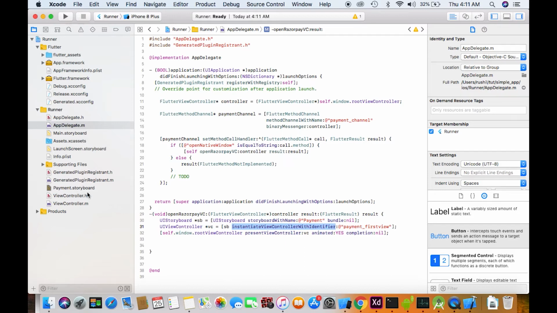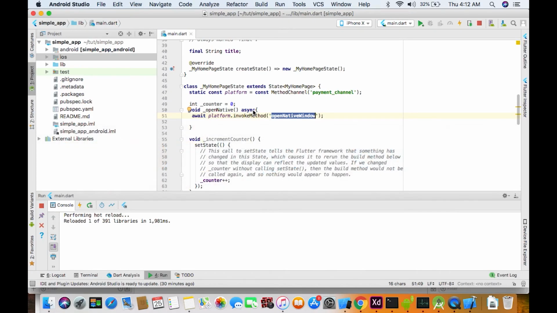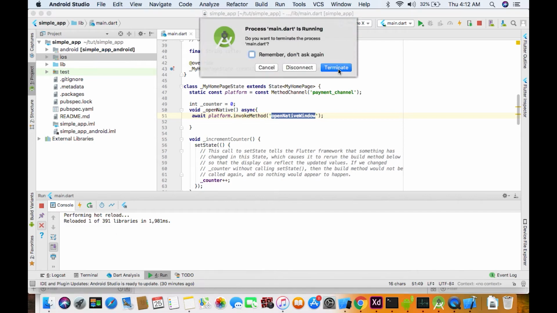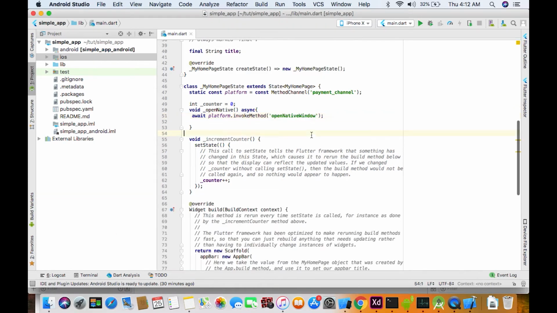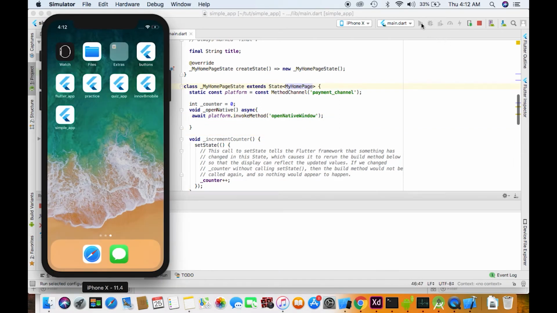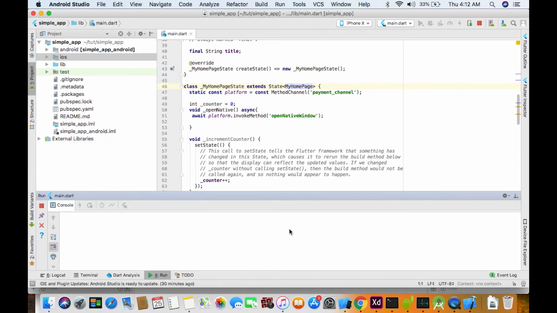Okay, so let's see. We're gonna terminate this because we need to rebuild the code. So we're gonna terminate it, and again we're gonna run it. So let's see, it's gonna take some time. Still, it's fast.